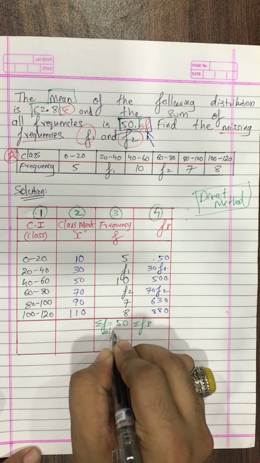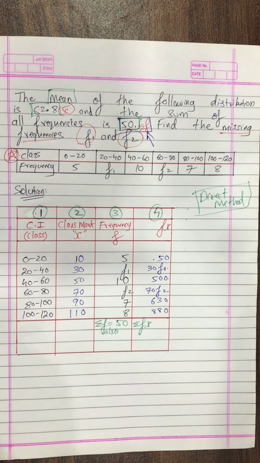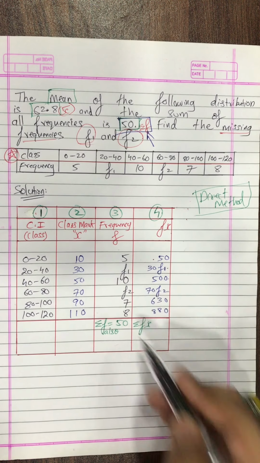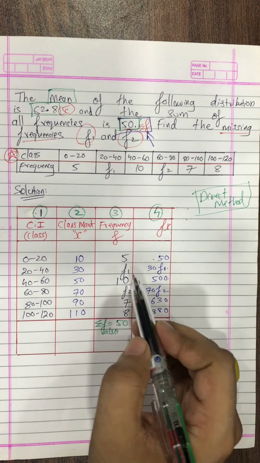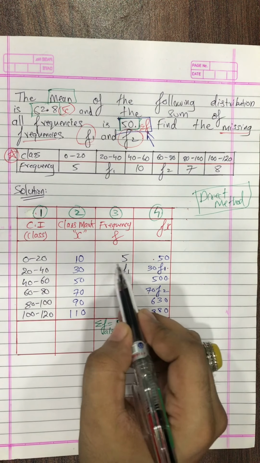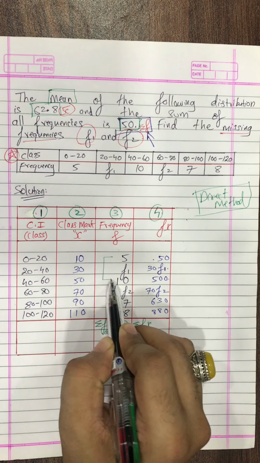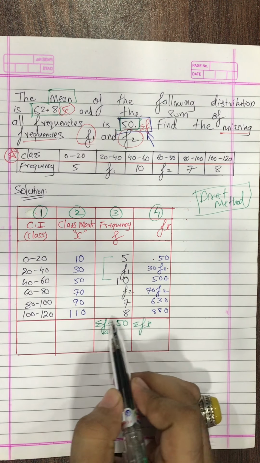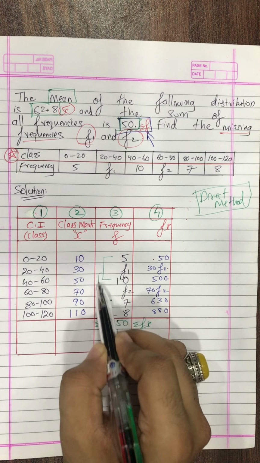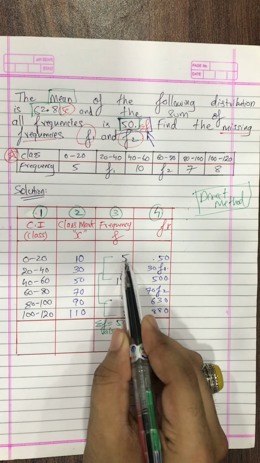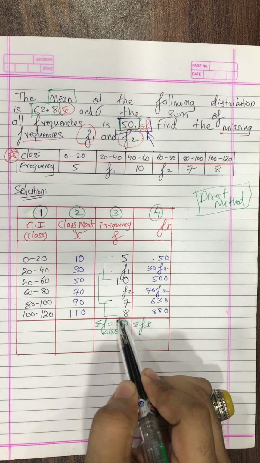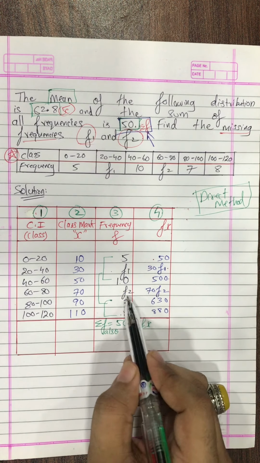But also, what do you mean by the word summation? Adding all the things. Yes, adding all the things. So if I add, see, f1 is a variable, I cannot add. F2 is a variable. So first let's add the numerical values. 5 plus 10 becomes 15. Okay, 7 plus 8 becomes 15. 15 plus 15 is 30, and here are f1 and f2.